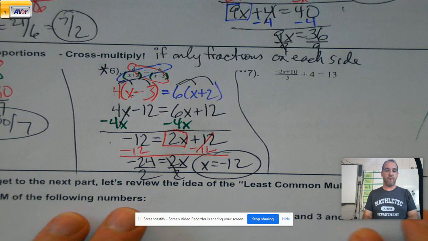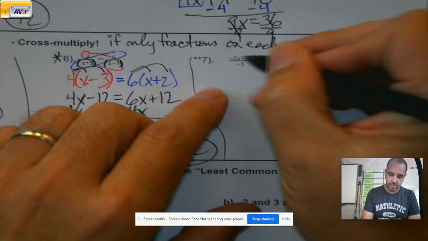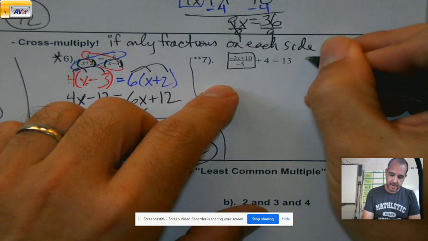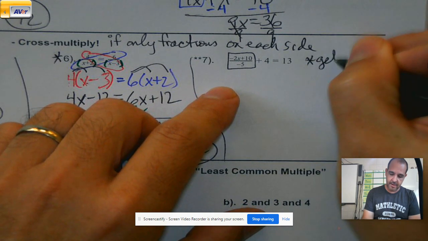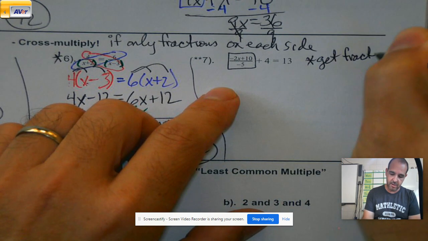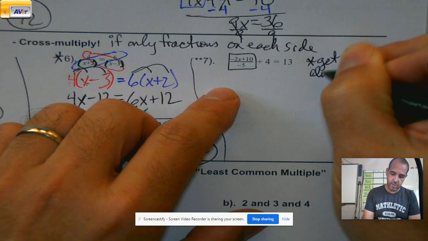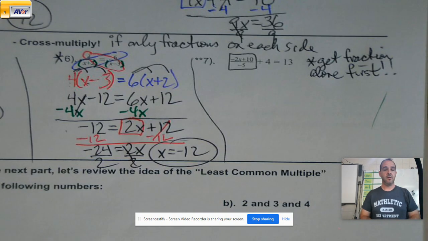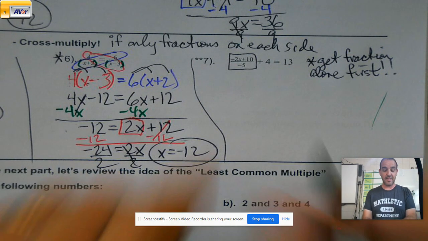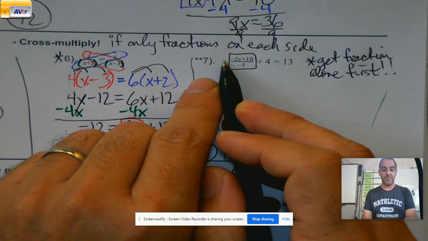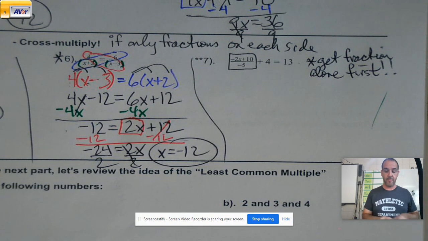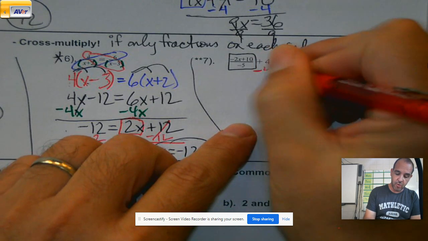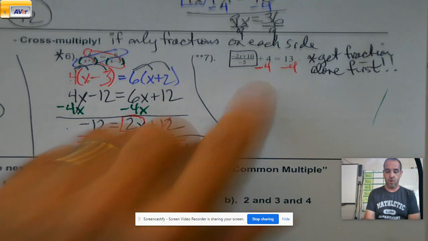Okay, first job on number 7. Okay, star, get the fraction alone first. Okay, don't try to do something fancy here. You can't cross multiply. Don't multiply everything by -5. Why not, Hardy? Because if you do, most people forget it would have to be all 3 terms. They forget about the 4. By getting the fraction alone first, getting that 4 out of there,